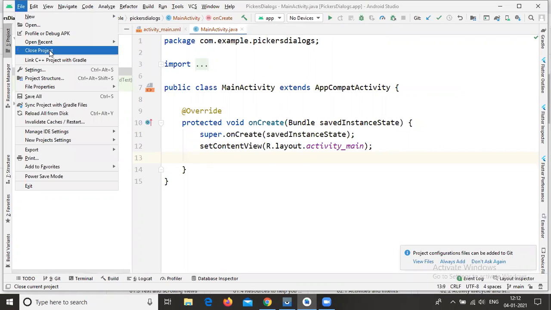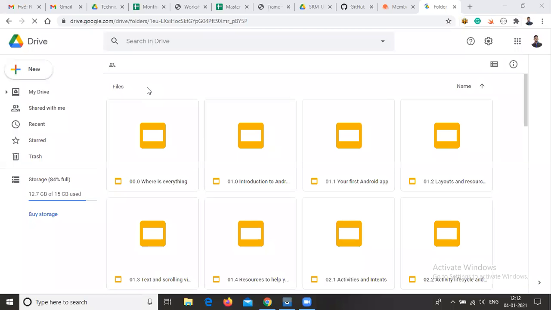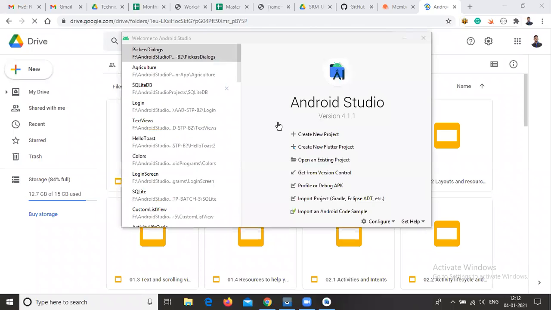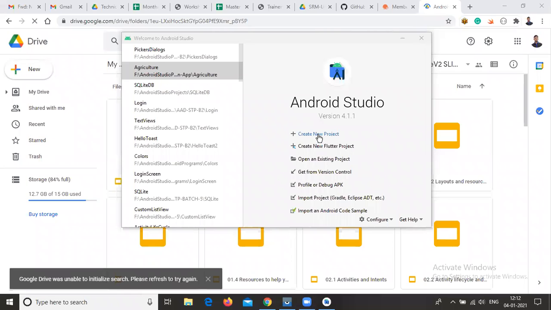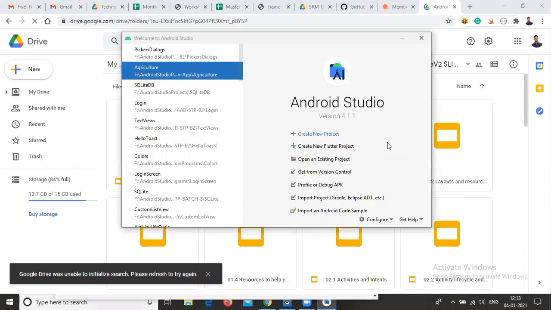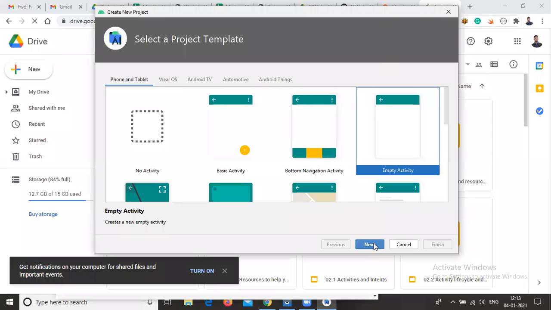Go to File, then click on Close Project. Create a new Android Studio project. Just click on Create a new project, select Empty Activity, then click on Next.